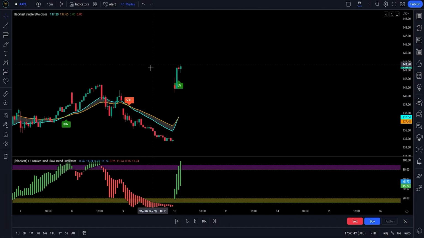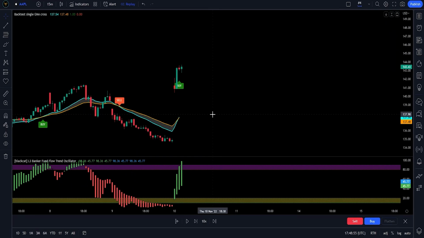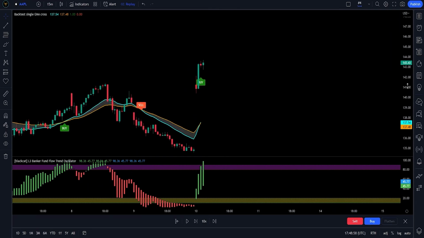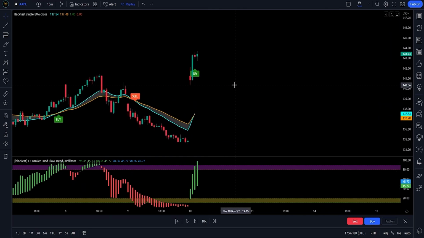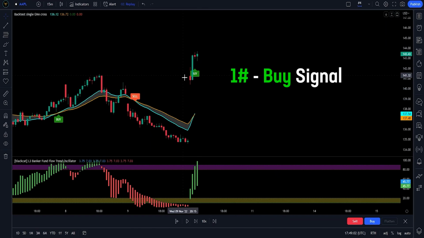So, let's try this strategy in action. All we need to do is follow our 3-rule strategy, and we will always enter a long position correctly. Let's check if all 3 of our conditions are met. Alright, so rule number 1, buy signal. Here you can clearly see our buy signal, thanks to our first indicator, so our first condition is met.